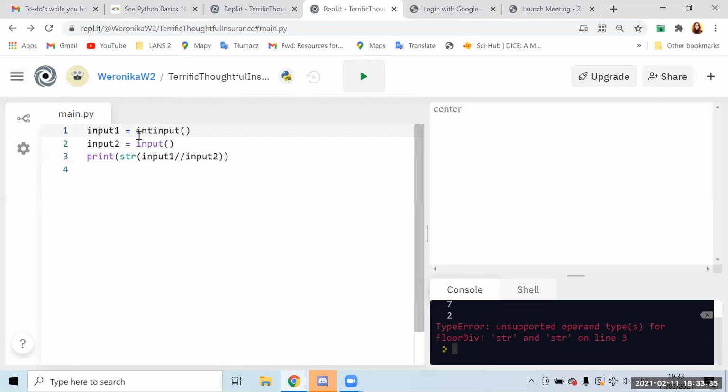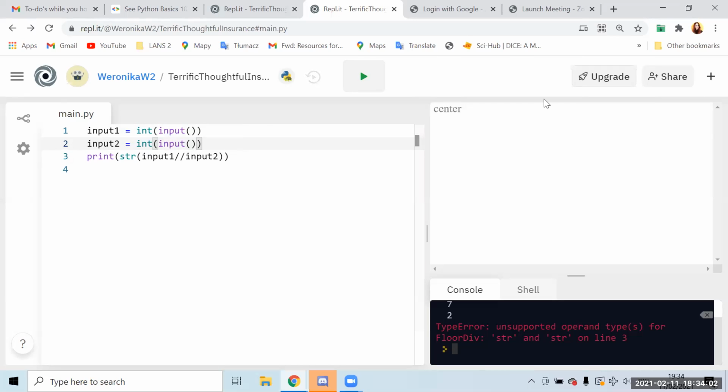So the TLDR version is, if you have an input, you always need to turn it into a number if you want a number. And we do it by writing int, which stands for integer. So integers are just normal numbers, 0, 1, 2, 3, 4, 5, and so on. And also like that.